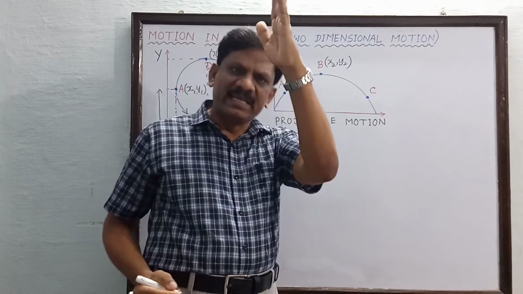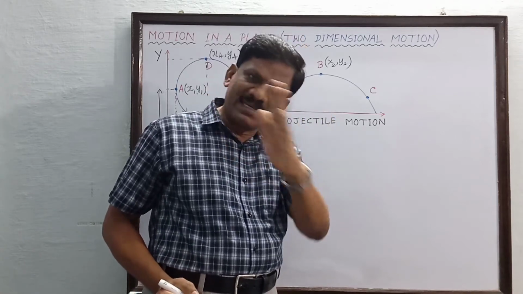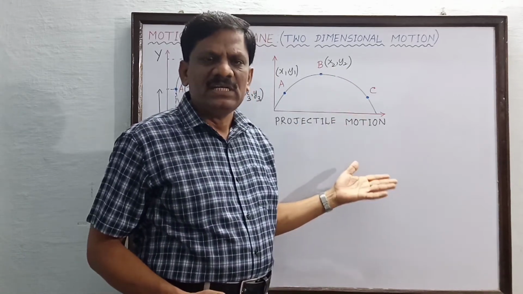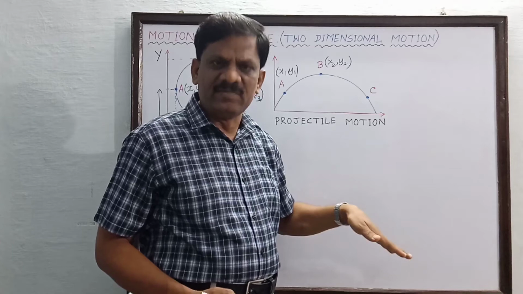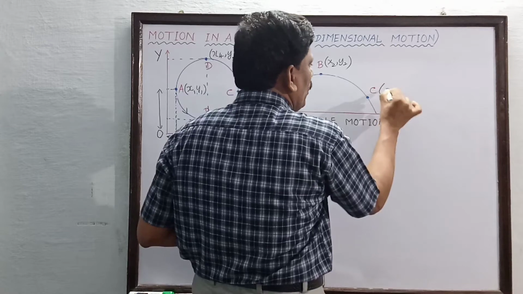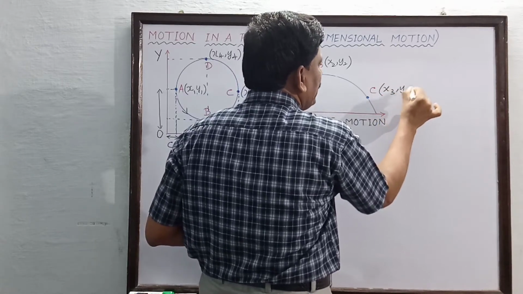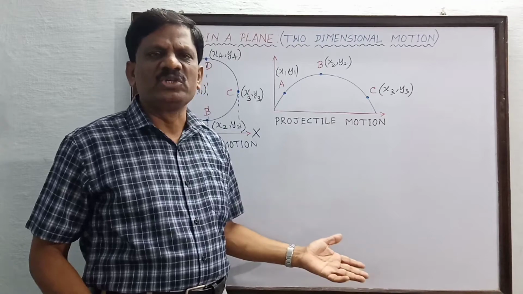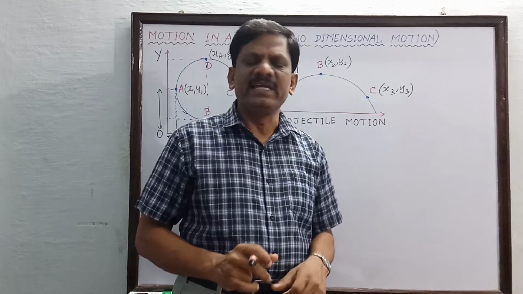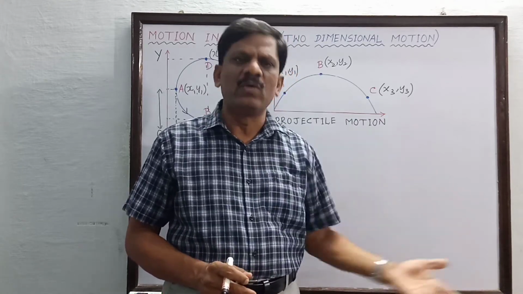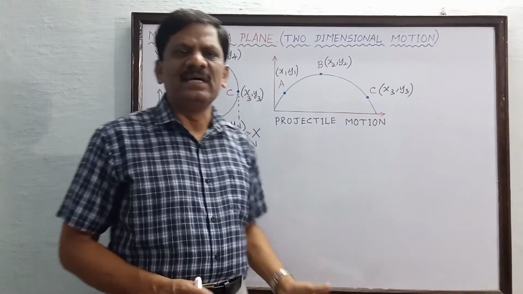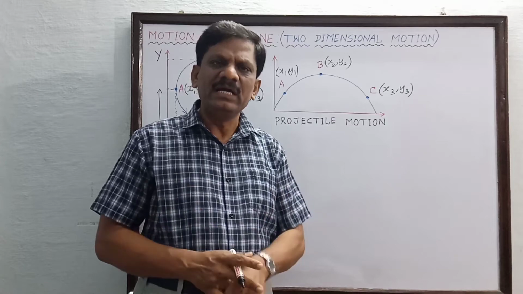Similarly, after reaching the greatest height, due to gravity it comes in the downward direction. So once again x and y values are changing. The height, namely the y coordinate, is decreasing with time, but still the x coordinate is increasing with time. So at C the coordinates are x3 comma y3. So this type of motion, namely the projectile motion, also clearly explains that changes are taking place along the x coordinate as well as the y coordinate of the body. So these are the two best examples from which we can understand motion in a plane.